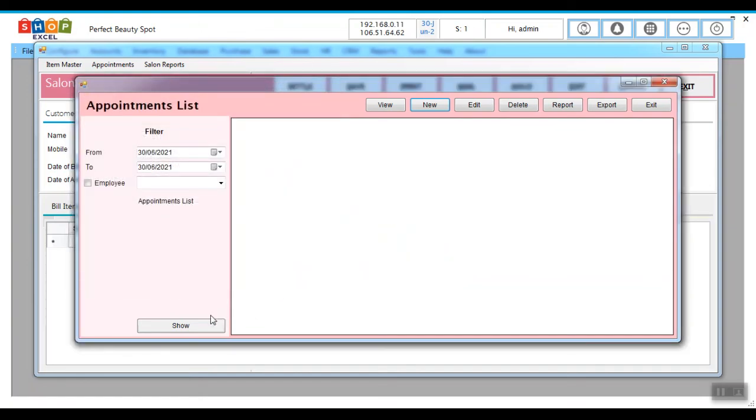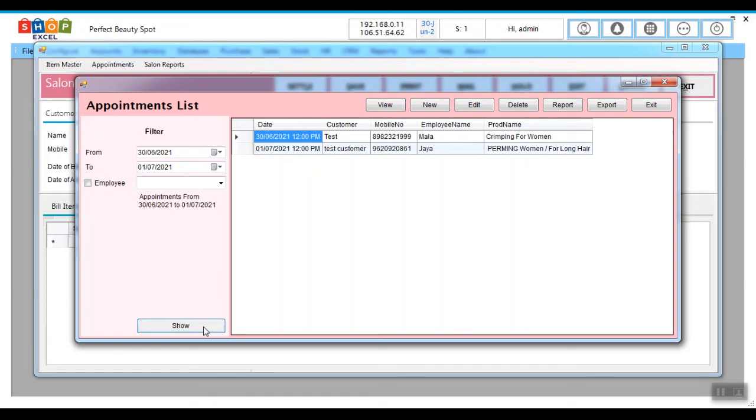If you want to see the created appointment list, click on show here. This is for today's appointments. To check tomorrow's, change the date. So this is for tomorrow's date.